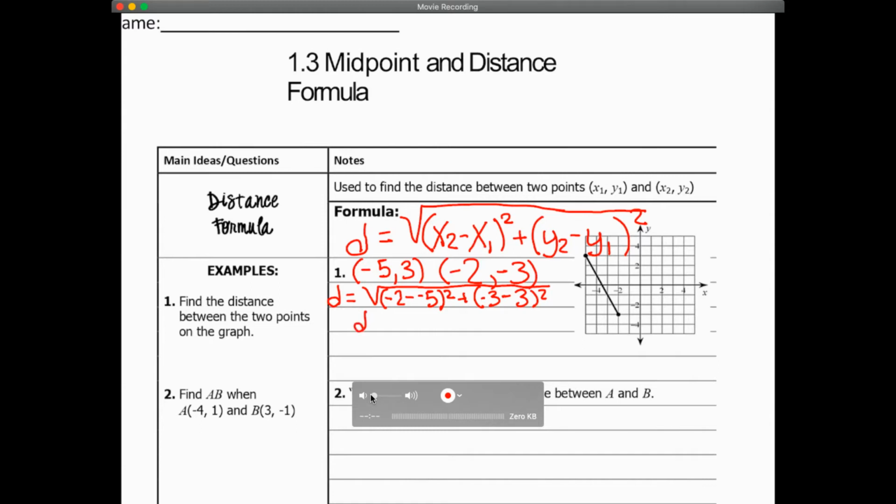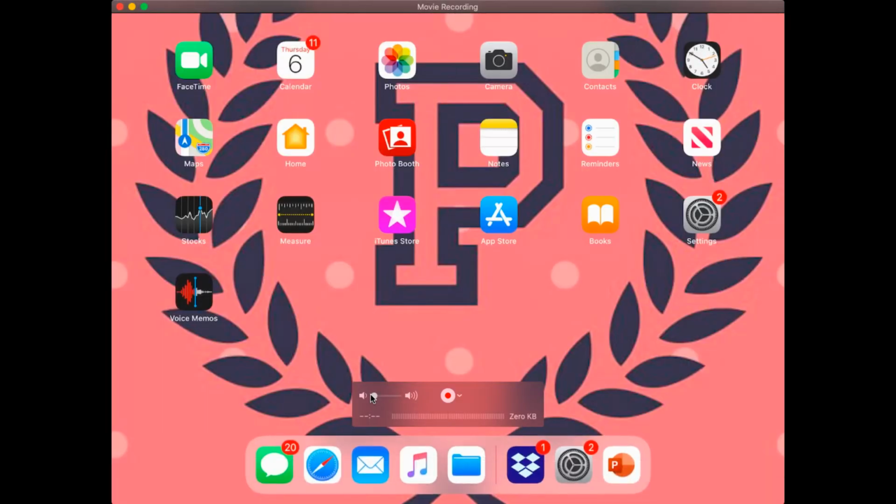So that's going to be D is equal to -2 plus 5, which is 3. So the square root of 3 squared plus -3 minus 3, which is -6 squared. Simplifying further, that means D is the square root of 9 plus 36, which means D is the square root of